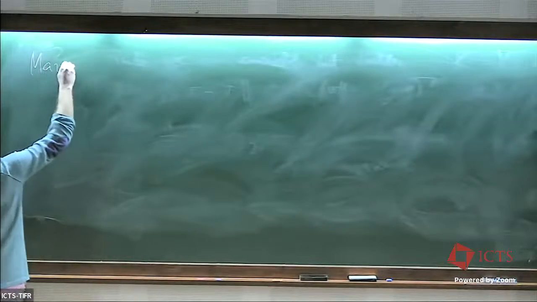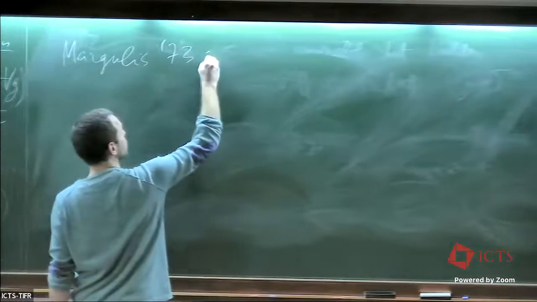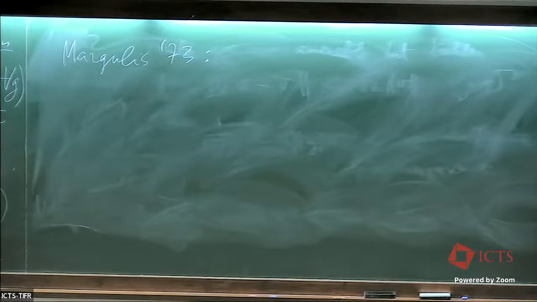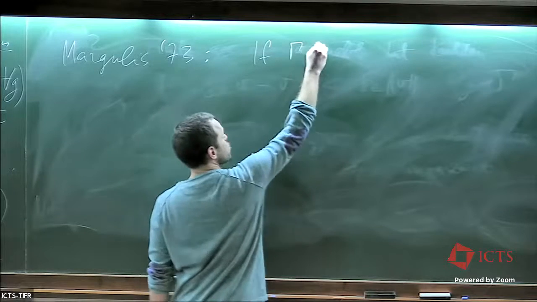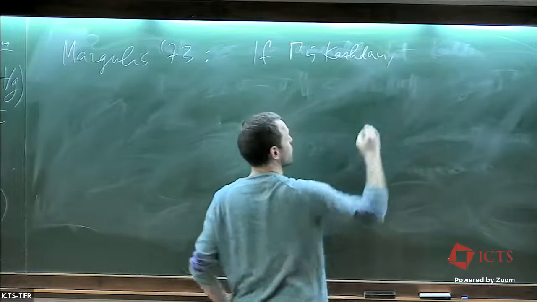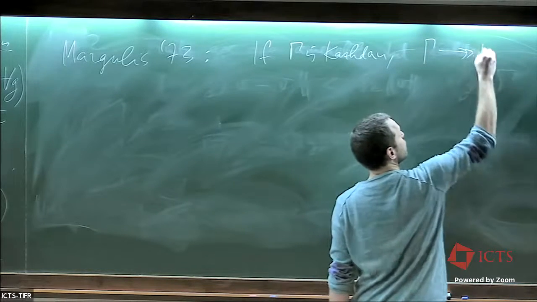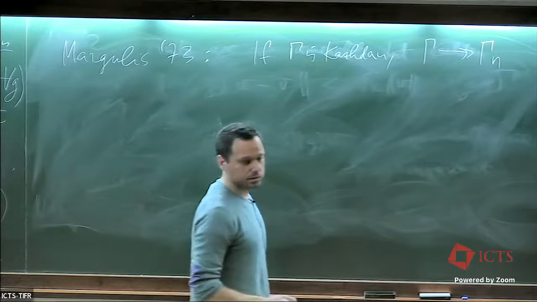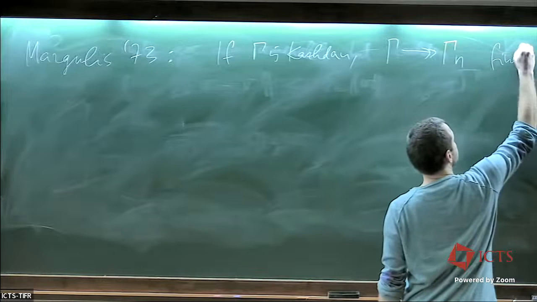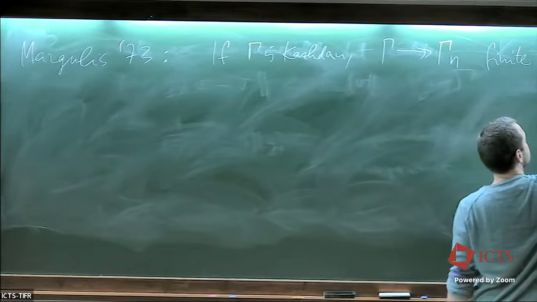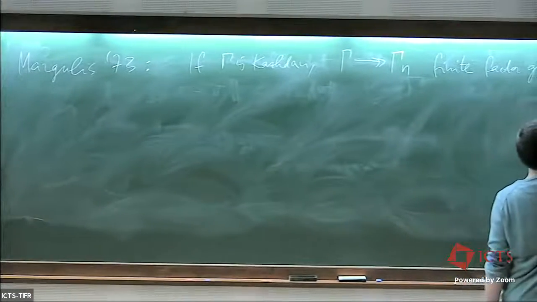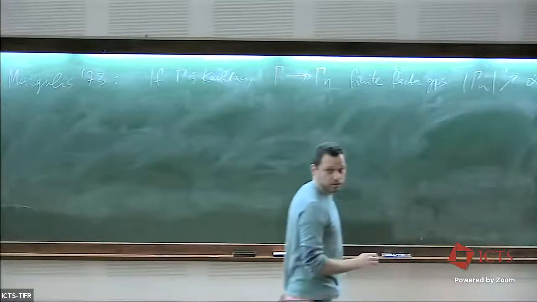So hopefully by now it's almost clear to you what Kazhdan groups have to do with expander graphs. You can sort of guess, but this was an observation of Margulis in '73, that if gamma is Kazhdan and it has finite factor groups, with the size going to infinity,